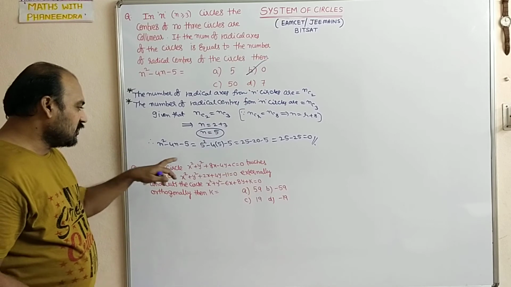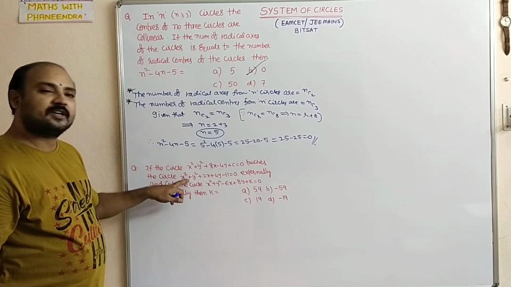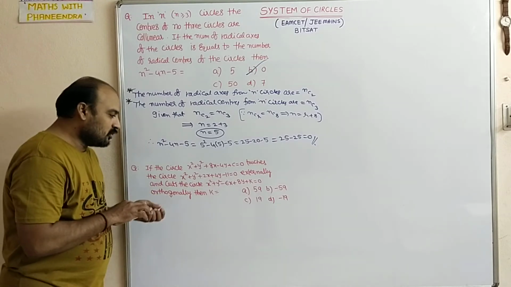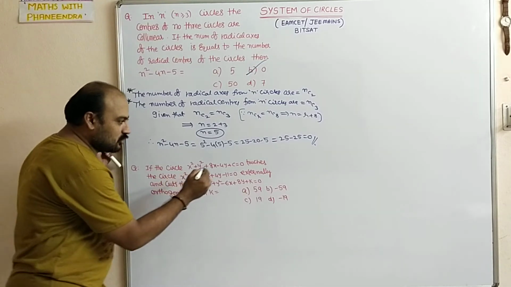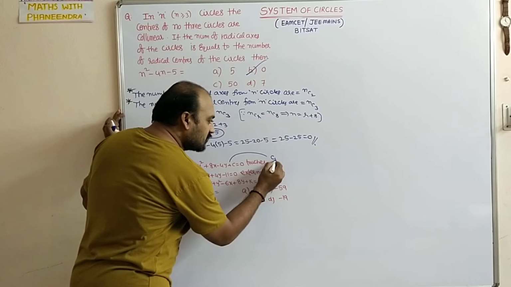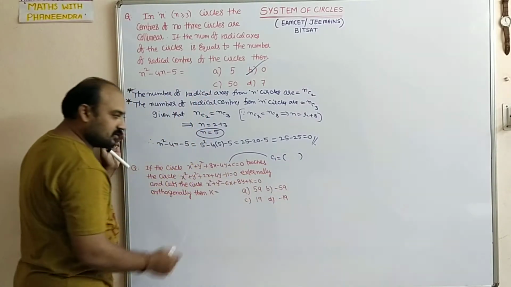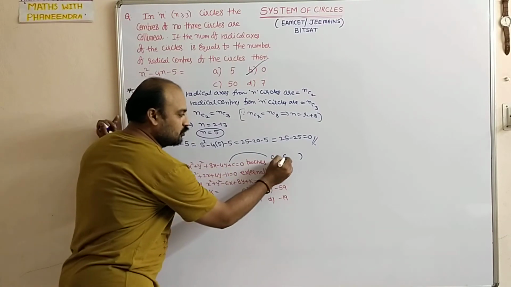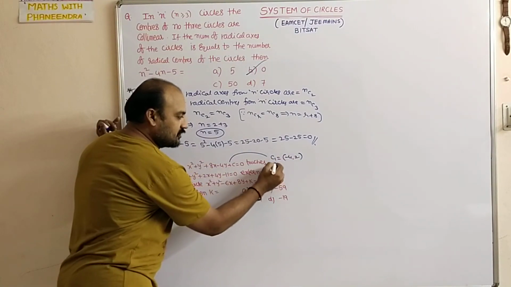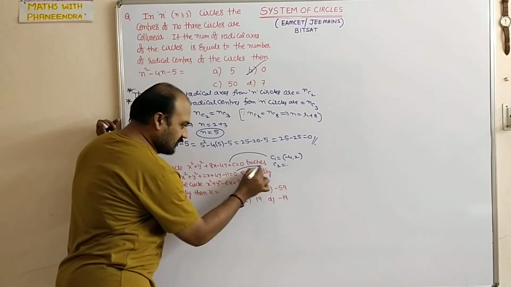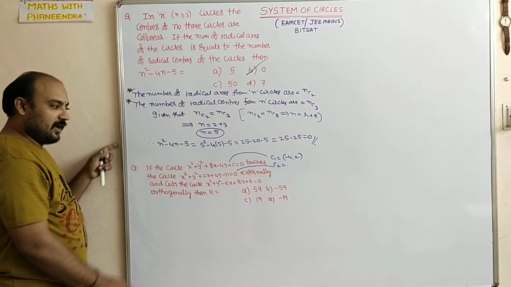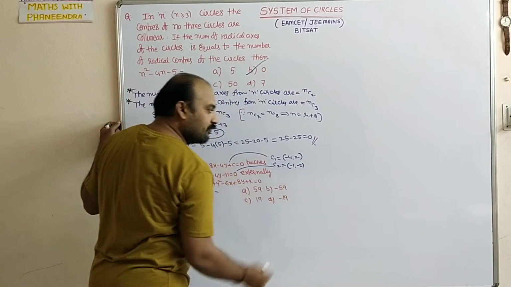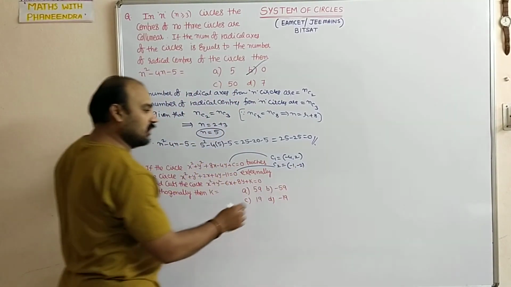So first, these two circles touch each other externally means C1C2 equal to R1 plus R2. So from the first circle, I am assuming that the first circle center C1 is equal to, from this, minus x coefficient by 2, minus y coefficient by 2. So minus 4 comma 2. C2, this is the second circle we are converting. So center is minus 1 comma minus 2. So radius of a circle.